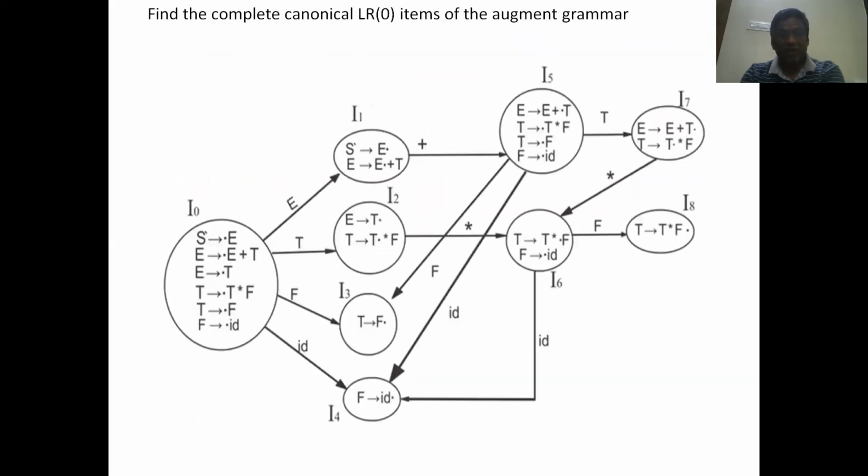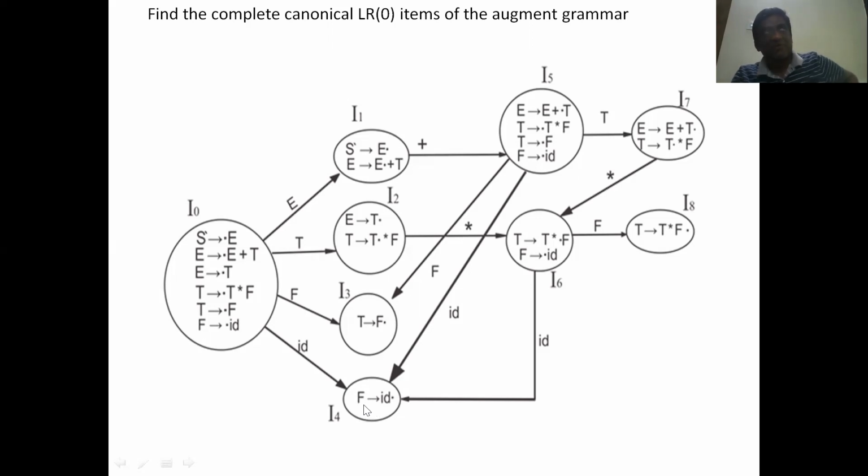In I4, what we have is F implies ID dot. Because there is nothing after the dot, this resembles a reduce operation. So in I4, you have to see the follow set of F and also the production number. The production number of F implies ID is 5 in the original grammar.